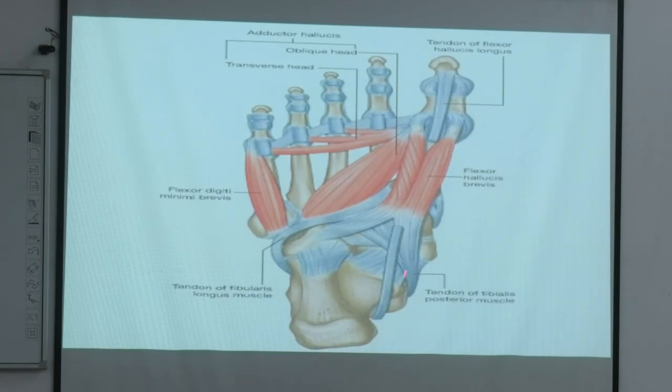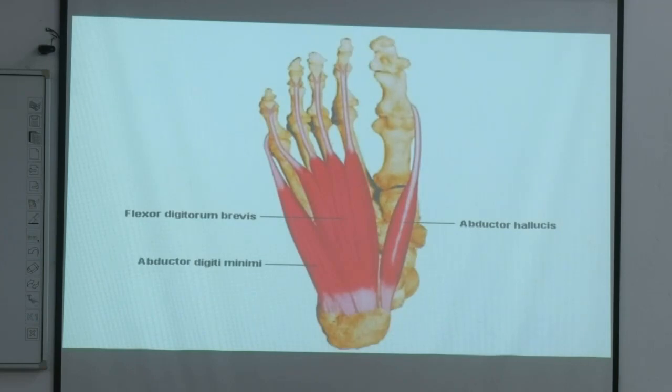Here is the flexor hallucis longus, and this muscle is adductor hallucis. It has two heads: one is the oblique head and one is the transverse head. And these are transverse ligaments. Next,